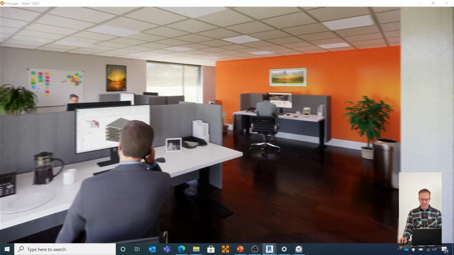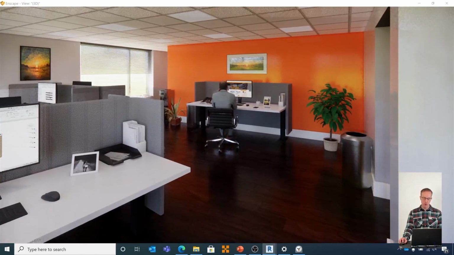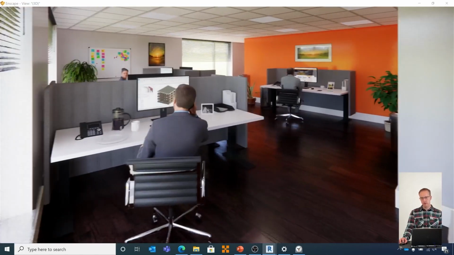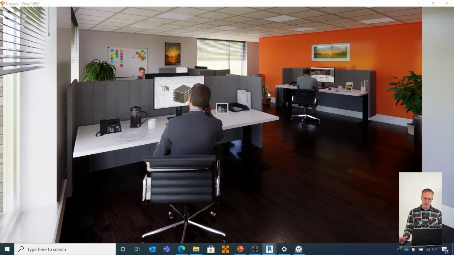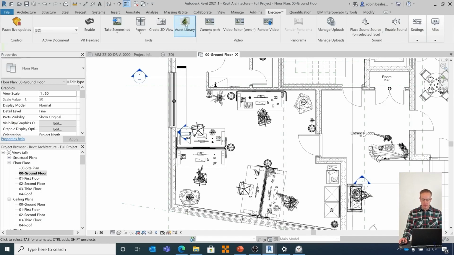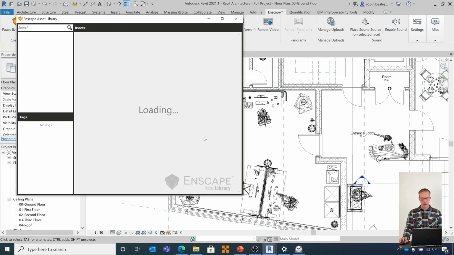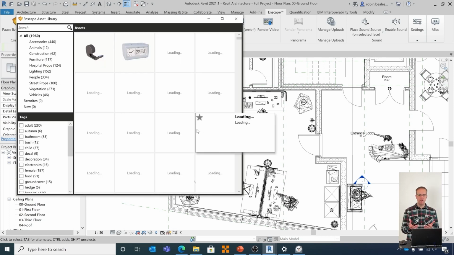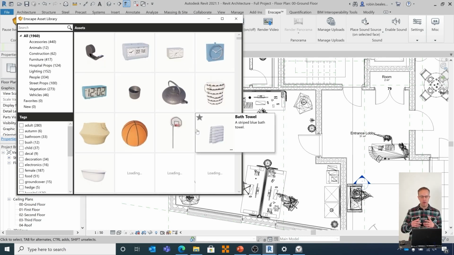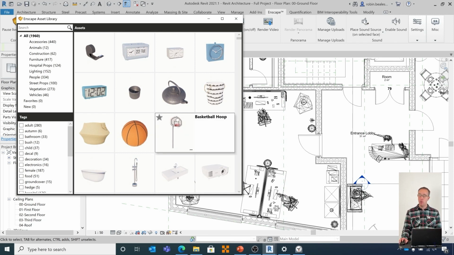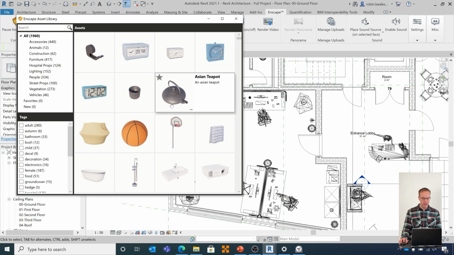So literally to get to this point, I have a Revit model that I've got default Revit materials on, and for the most part, pretty bog standard objects. These desks, the people, they're all Enscape assets. The benefit of that is I have a button, Asset Library, inside of Enscape, where I can bring stuff into this environment. I can bring to my model things that I otherwise may not have had time to put in. And these are all render quality